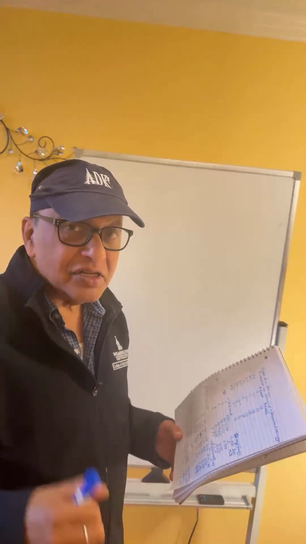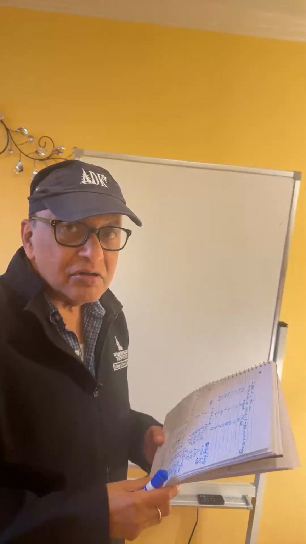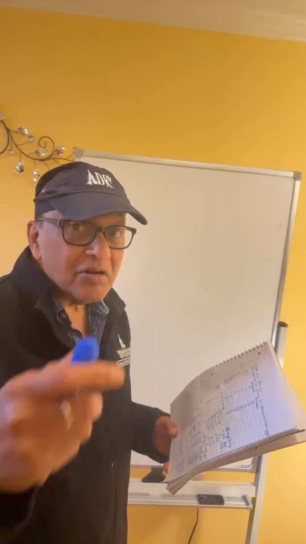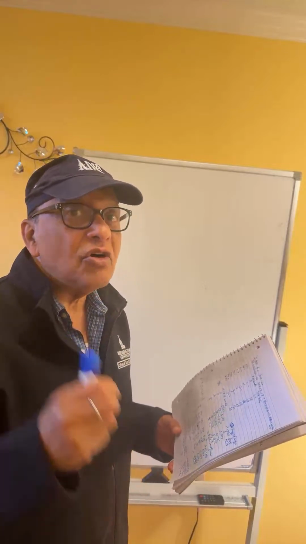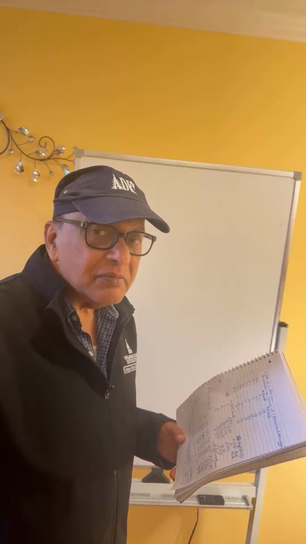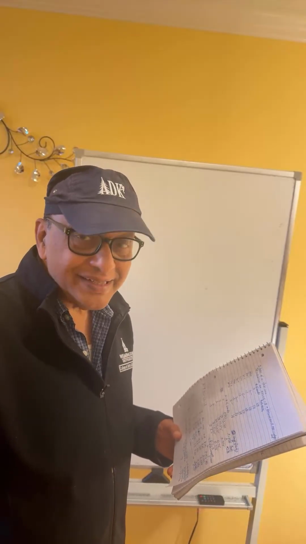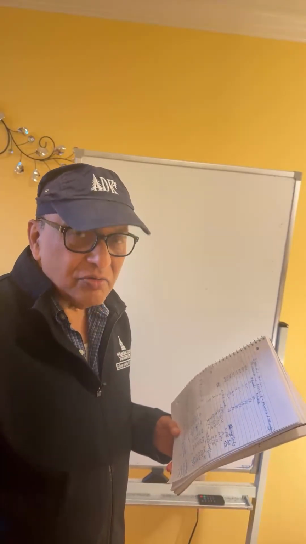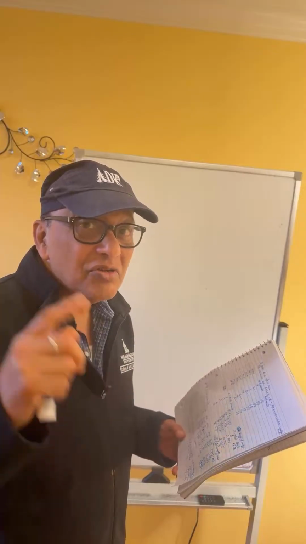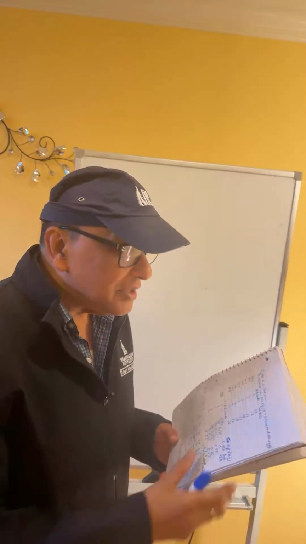Again, this is Dr. Nandi, and today we are going to talk about binomial probability of the number of heads when we toss a fair coin 3 times. That means we toss one coin one time, note what we got, pick up the coin and toss it again, second time, note what we got, and then pick up the coin and toss it the third time. So we are tossing the single coin 3 times.